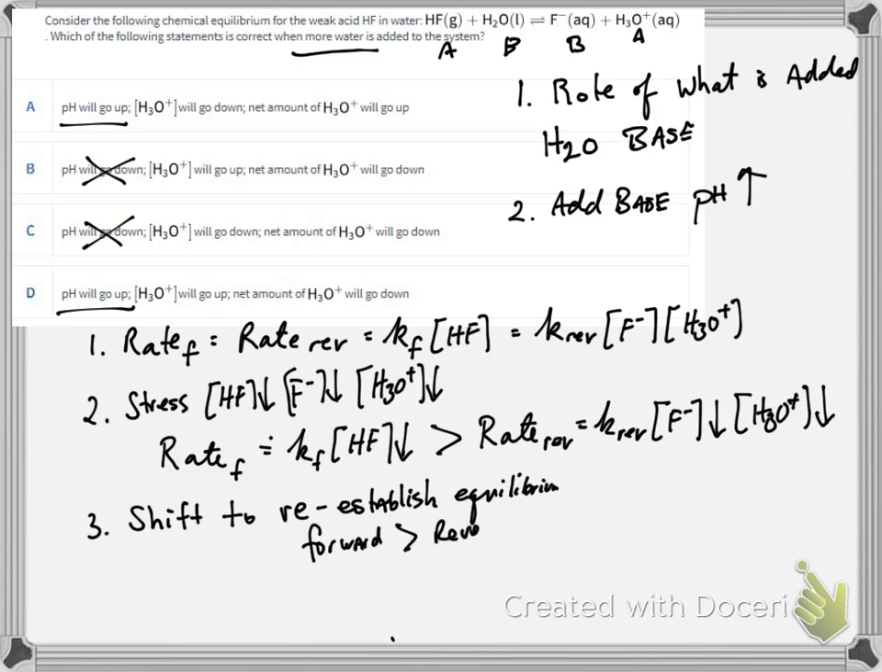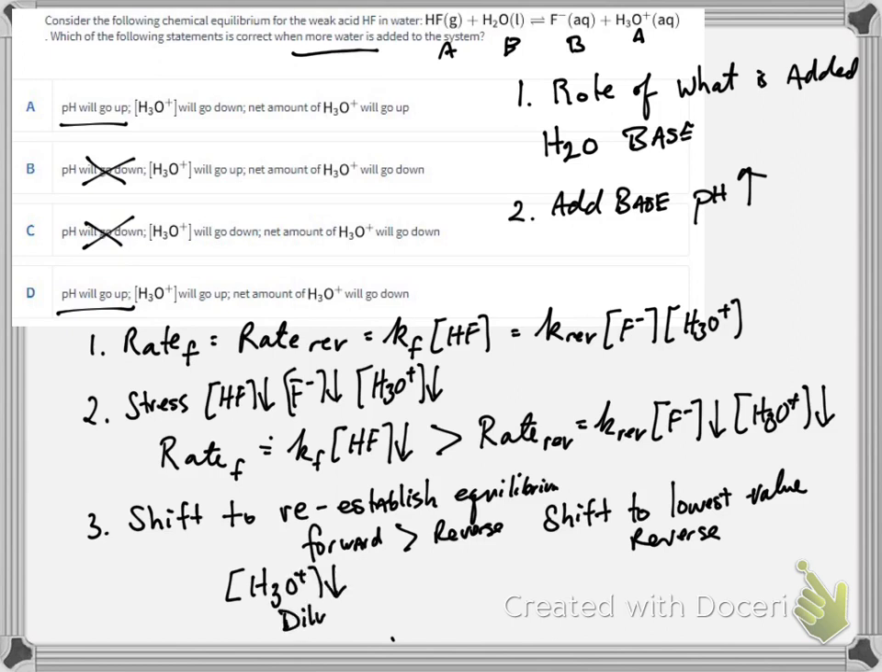So we have to shift. The forward is moving faster than the reverse, so we have to shift to the reverse. We have to shift to products. If we shift to products, right, that means that the amount of moles of H3O plus must go up. The moles of H3O plus has to go up because H3O plus is a product. So if you shift to products, you're making more H3O plus. If that's the case, then that's the origin of the answer, right? The answer A